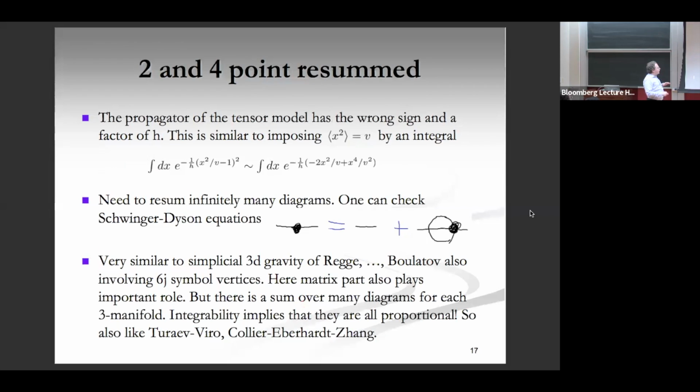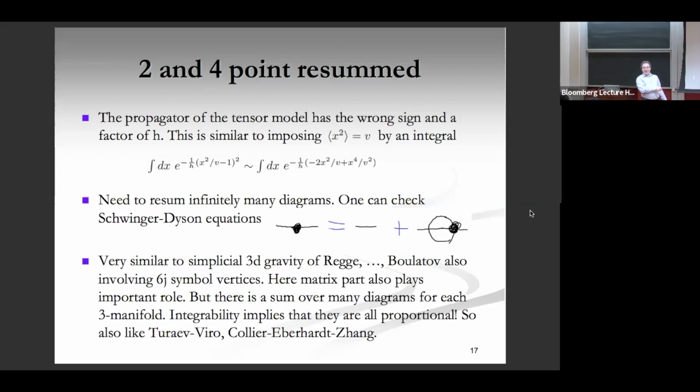Now, one very important point is that it seems like something came out weird here, because the propagator has a factor of h bar and also the wrong sign. It doesn't sound very nice, but it's very similar to what happens in the following ordinary integral. Just to demystify that, if we did this quartic integral in the limit that h bar goes to 0, of course, it simply imposes that x squared equals v. So the expectation value of x squared will be v, assuming that v is a positive number. But if we expand this potential out, it has a quadratic term with this factor.